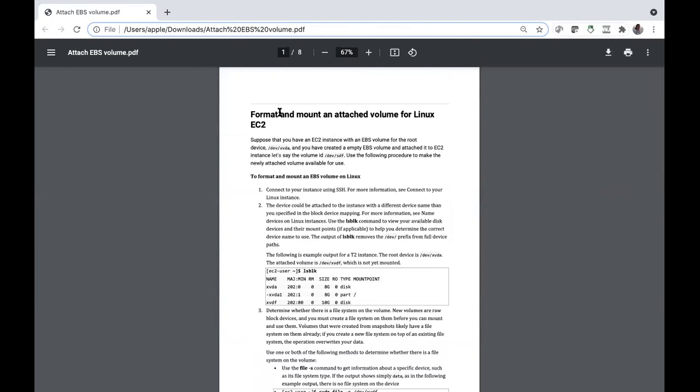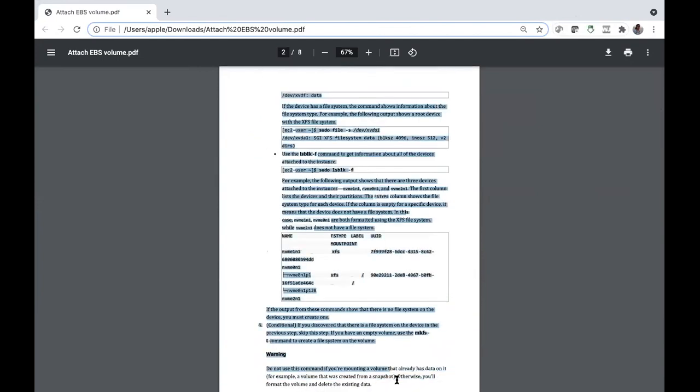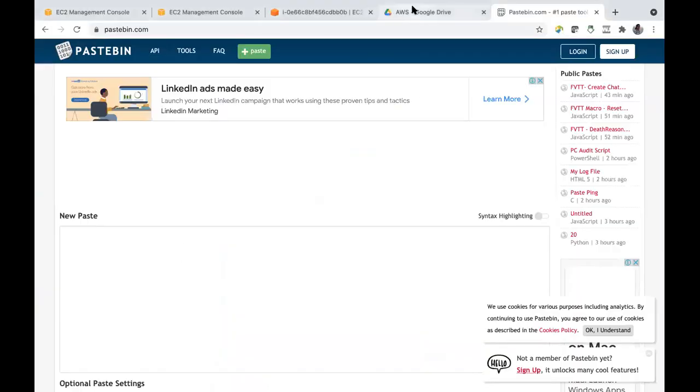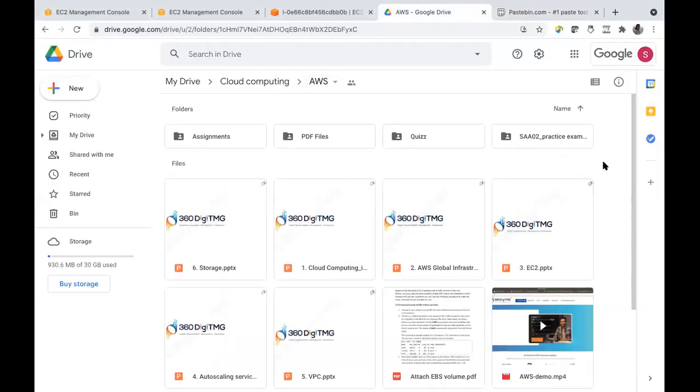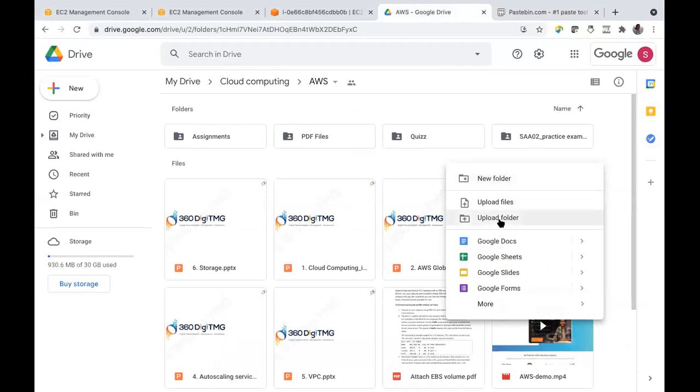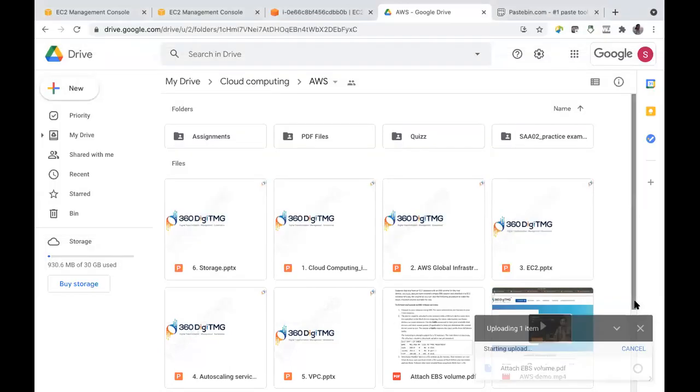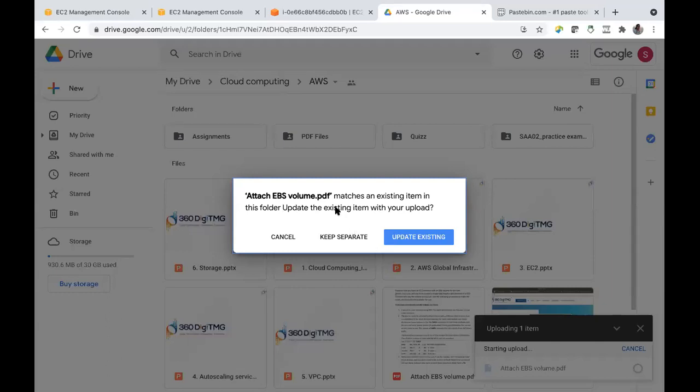Let me try to provide a Pastebin link. I think it will not copy correctly from PDF. So let's try with the Drive link only. If you're not getting it, we will look into other options. Upload files. I already have this.